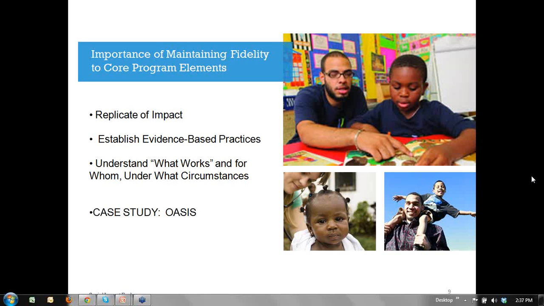In terms of performance metrics and do they matter since there's no comparison group, they absolutely do matter because that's going to get at the type of things that really help you fine-tune those core program elements we were talking about and allow you to maintain fidelity to those core program elements, because it's getting the organization to think about what do we think is working? And here's some outcomes. Yes, there's no comparison group. That's not really showing that this is the causal effect of our intervention. And if it's not having as great of an impact as we thought we might want to see, how do we change that? So I definitely think performance metrics matter.